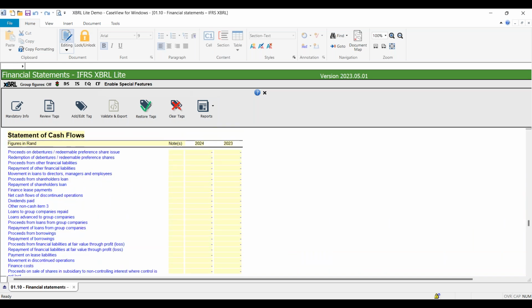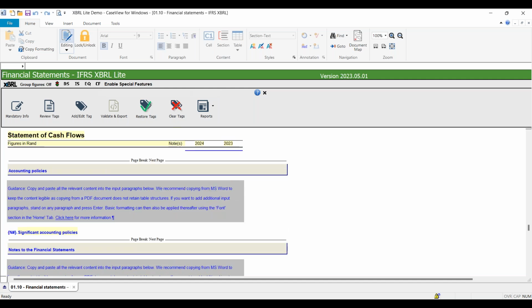Statement of equity, your cash flow, and then for your accounting policies, you even have to copy it over. It is very important to note, we liaise with SIPC on a monthly basis. We have a very good relationship with them to make sure that these projects are successful. They are not that concerned with the format